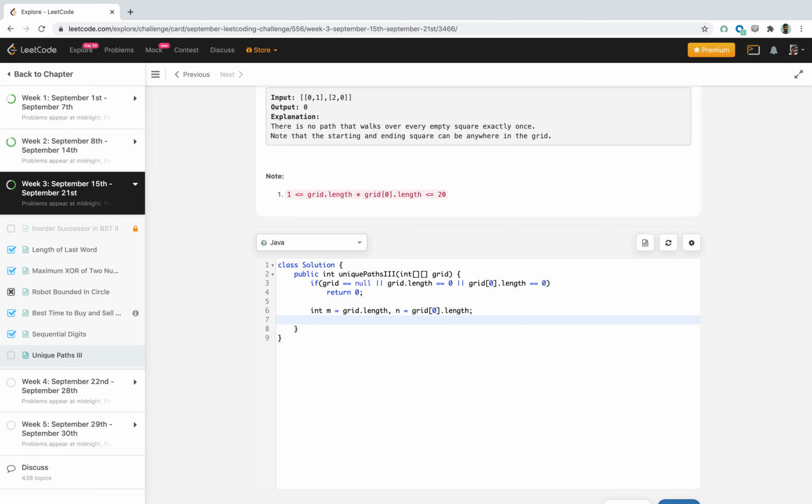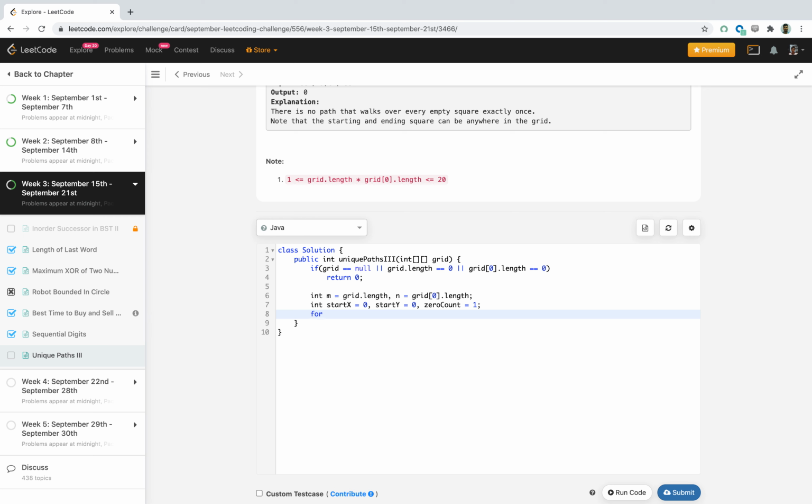Okay, now we'll find the starting position, and also we'll count the number of 0 squares. So let's declare two variables, start x and start y, which we'll initialize with 0, and zero count, which we'll initialize to 1.